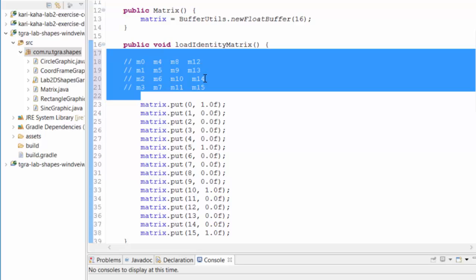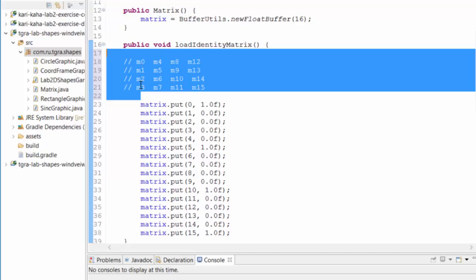So the main thing is that it's simply an array or a buffer of 16 values. It's not a two-dimensional array, but it's representing a two-dimensional matrix, a 4x4 matrix. So just remember that the first 4 numbers are the first column rather than the first row. And when we're looking at the transformation matrices as representing a coordinate frame, like an alternate coordinate frame that we're going to be drawing into,